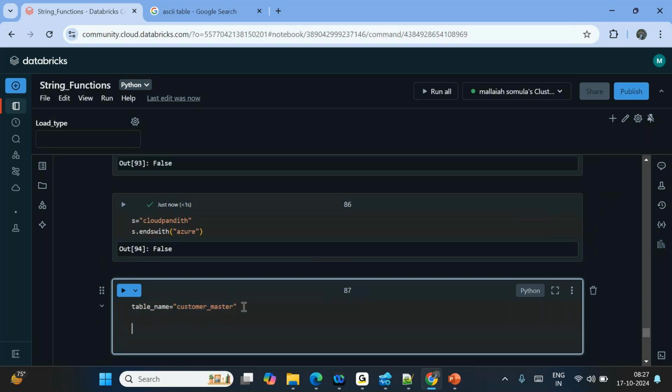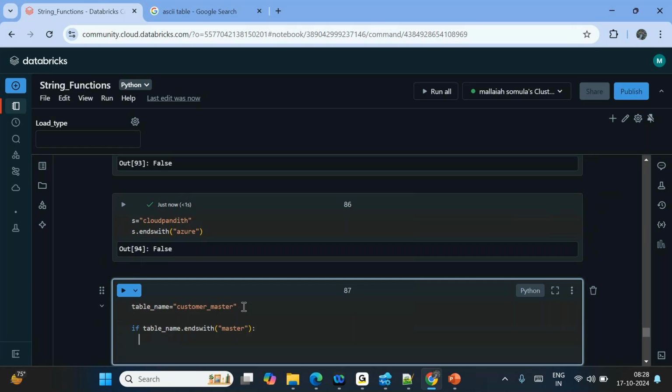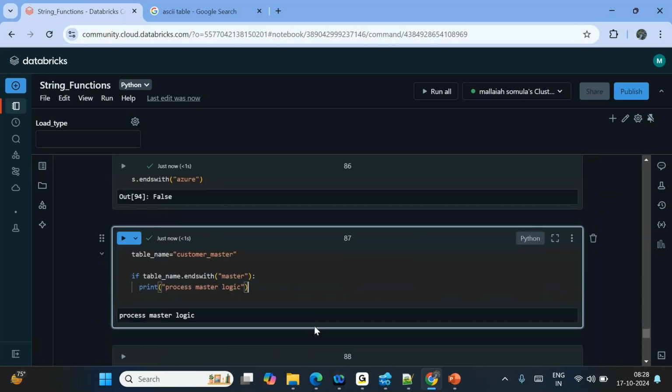Now you can simply say: if table underscore name ends with master, then I can call print process master logic. Let's execute this. See, process master logic is matching because it is ending with master, meaning it's a master